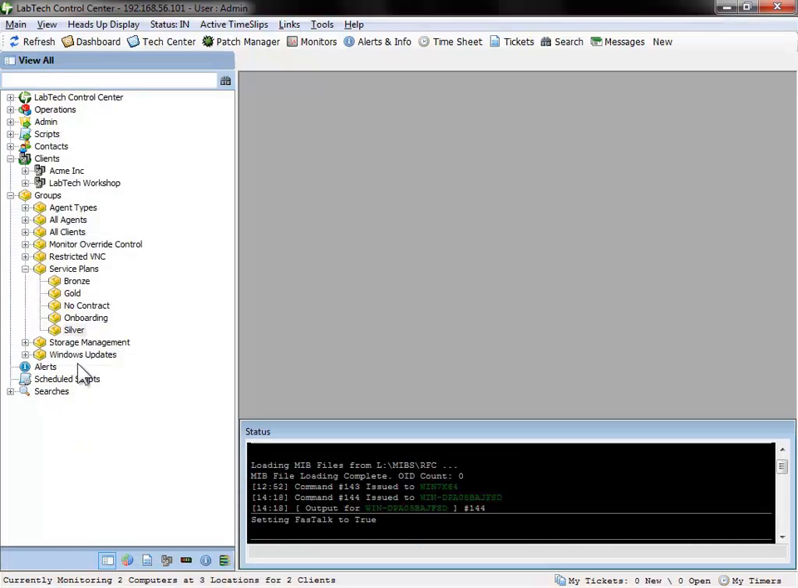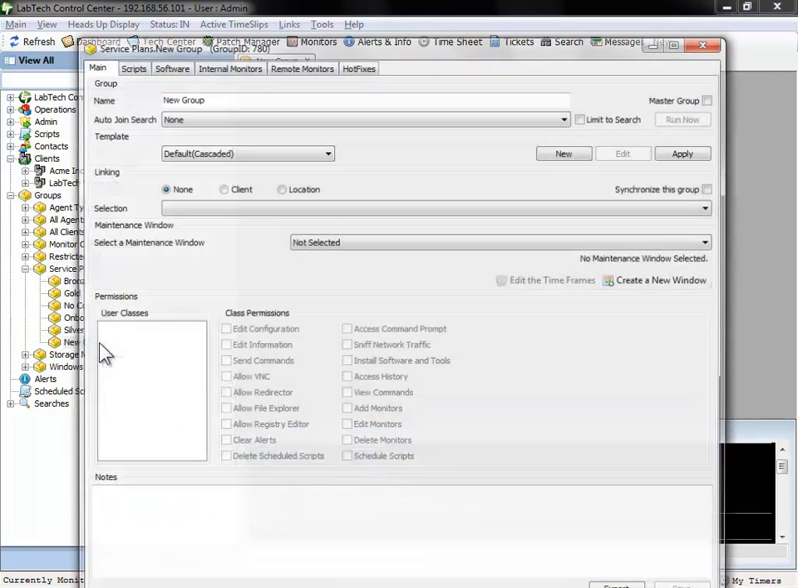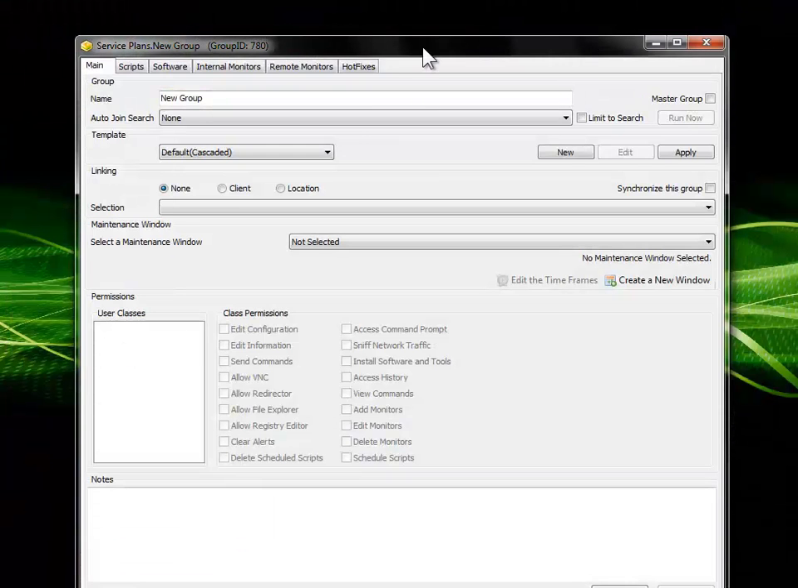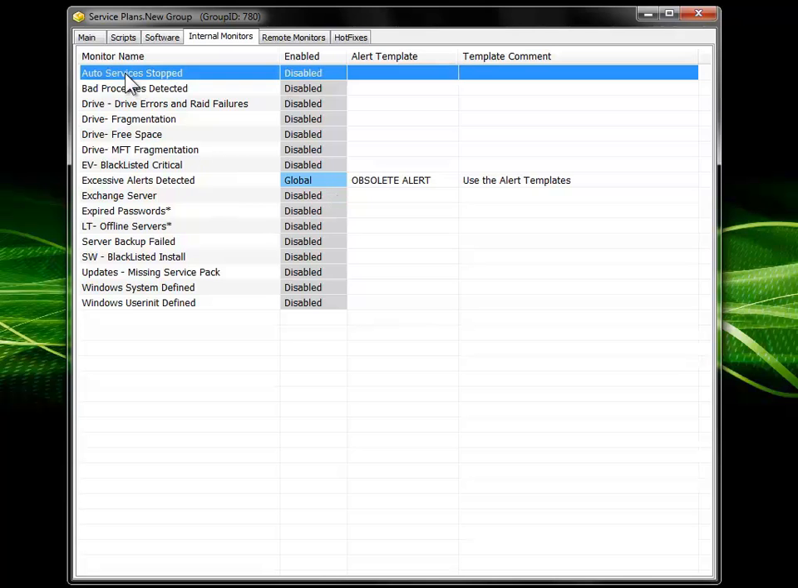Probably makes more sense to do it under a service plan group. So I don't get the OEM default assignments, I'm just going to right click and add a group, double click the new group, and let's go back to the internal monitors. Okay. Again, this is only going to apply to all group members, but as stated earlier, an internal monitor needs